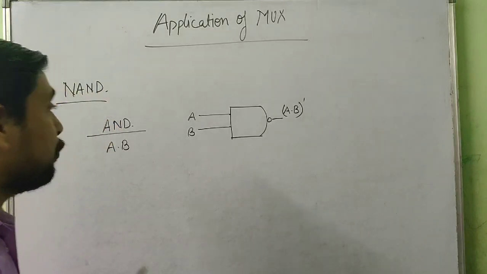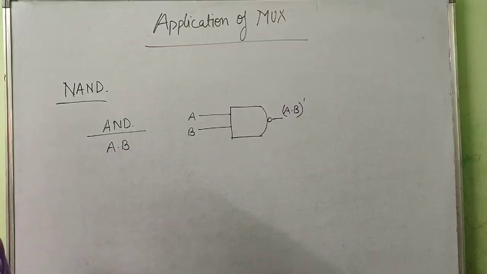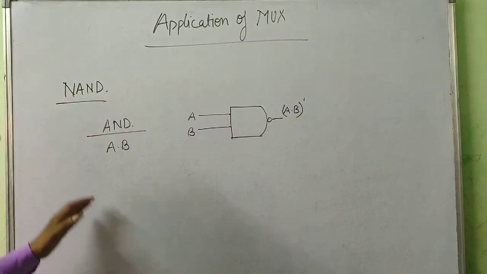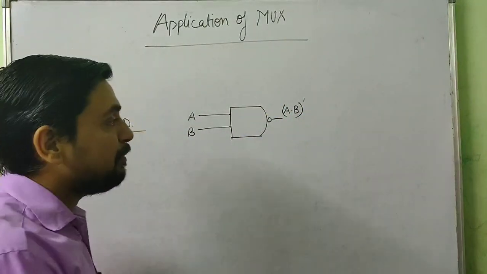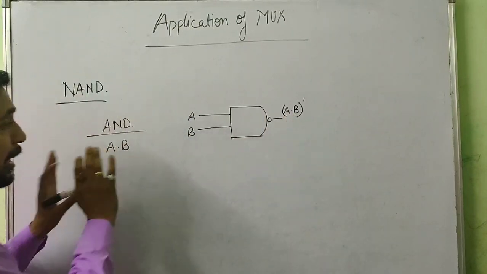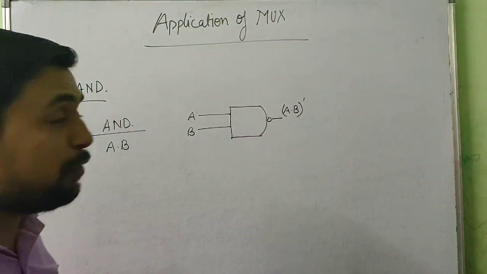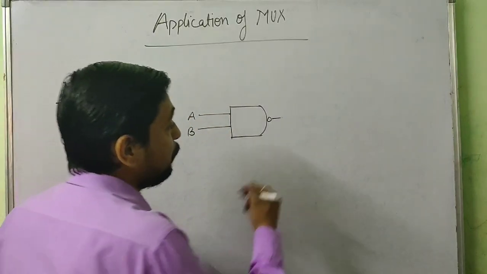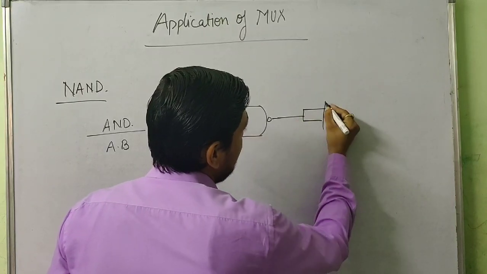Now, what result are we expecting? We are expecting A and B. I mean to say, A and B whole complement will give you A and B itself. So if we are able to complement this one, if we NOT this one, we will get A and B. So how will we get the NOT? Do you remember how we create NOT gates with NAND? Yes, whatever input we get, we divide it into two different inputs and pass it to a NAND gate.